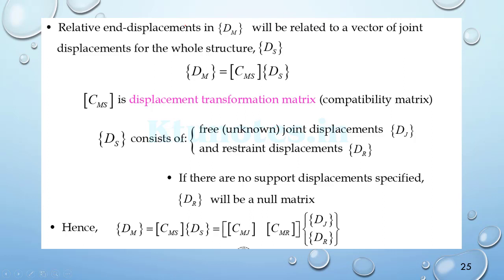Then some more definitions: the relative end displacement DM will be related to the vector of joint displacements for the whole structure DS by CMS. It is a displacement transformation matrix. For the flexibility method, we learned the load transformation matrix, right? So CMS is the displacement transformation matrix. This is the compatibility matrix, and the DS consists of